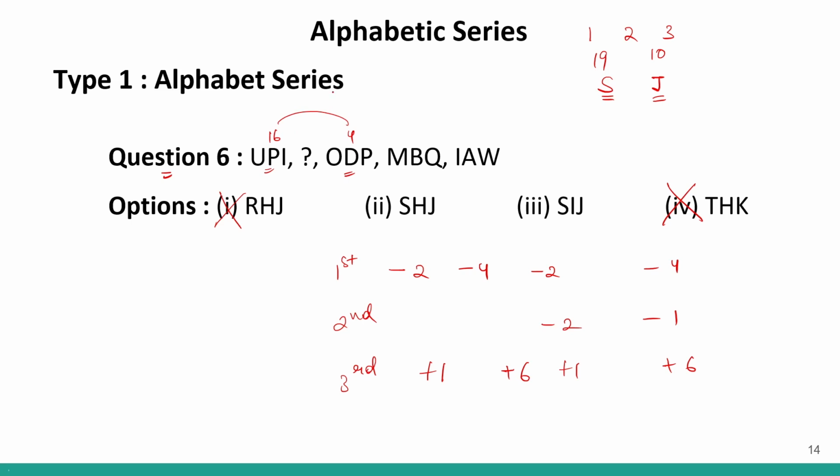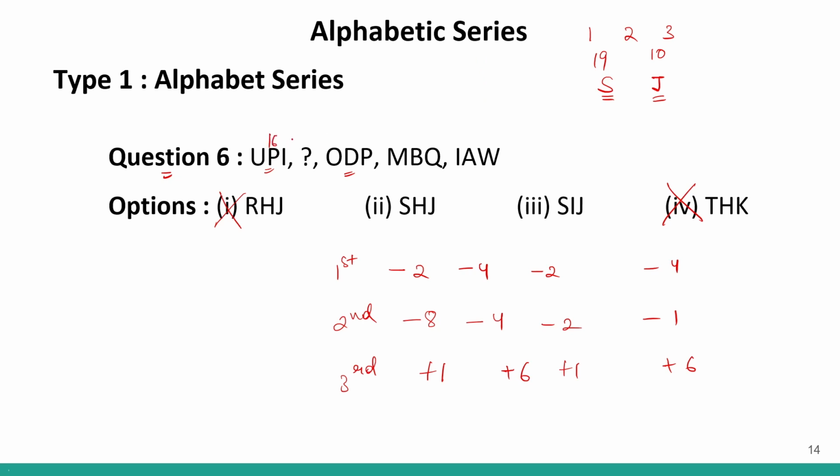What is the difference between them? The difference between them is 12. And if I consider 8, 4, 2, 1, the difference of 8 and 2 together will be 12. So here maybe I can get -8 and -4. Then we will get a pattern. Correct? Then we can get a pattern. So if I consider this,